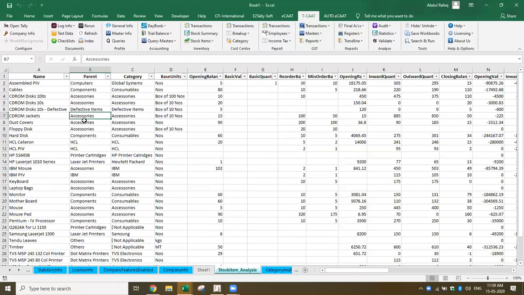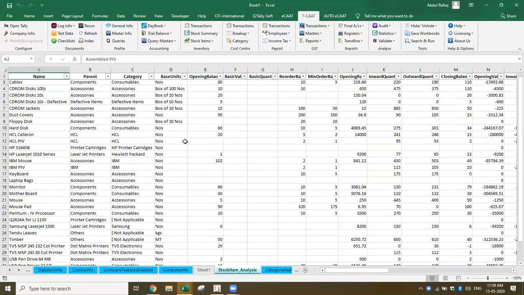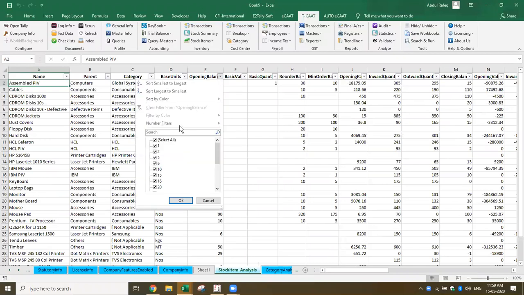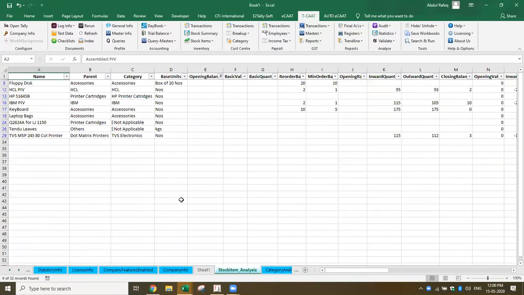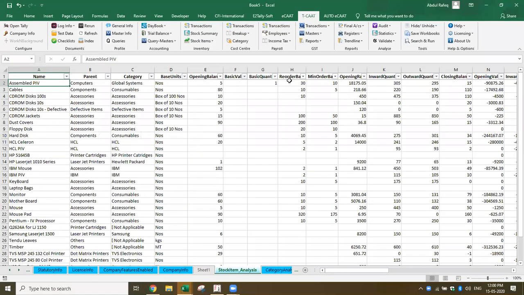So all the inventory you are getting on one page in Excel. And once you have it in Excel, you can do any type of analysis which you want. For example, you want to find out which are the cases where the opening balance is 0. Just use this Excel feature itself. So you will be able to know these are the cases where the inventory balance is 0. Similarly, if you want to see which are negative, you can get this information. So once you have this data, you can do various types of analysis.